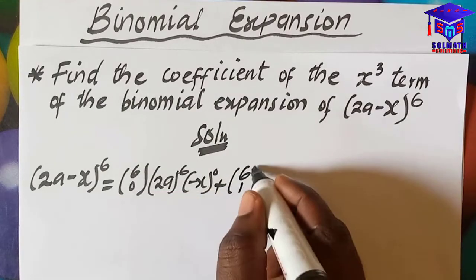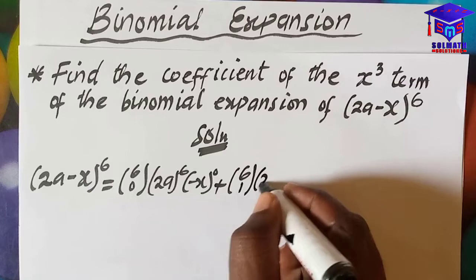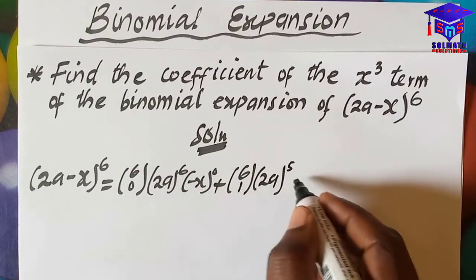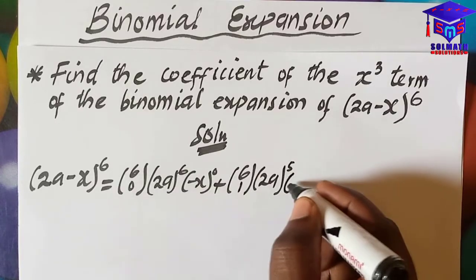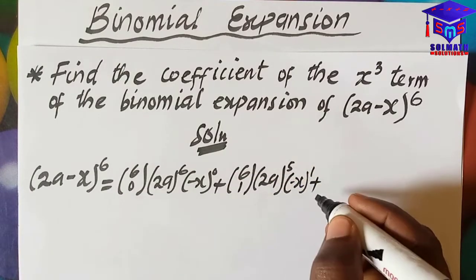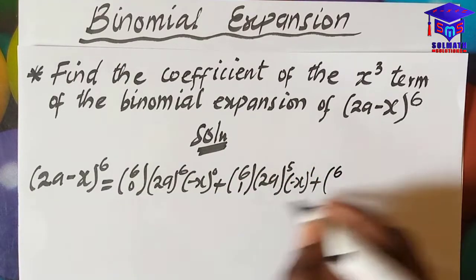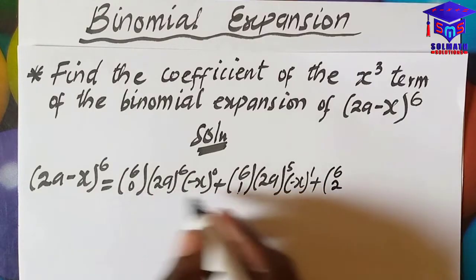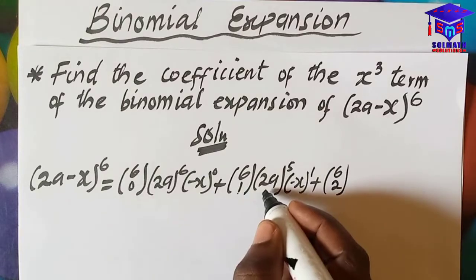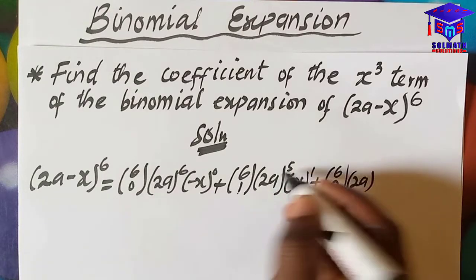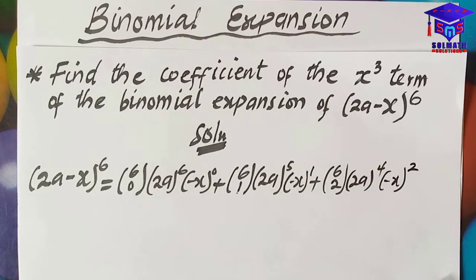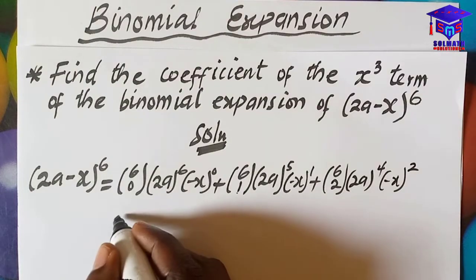Plus 6 combination 1. Then 2a will reduce from 6 to 5, and this one will increase from 0 to 1, so we have negative x to the power 1. Plus we have 6 combination 2, actually 0, 1, 2, you see, so the choose will be increasing. Then 2a reduces to 4, and then negative x increases to 2. Okay, let me continue over here. Plus,